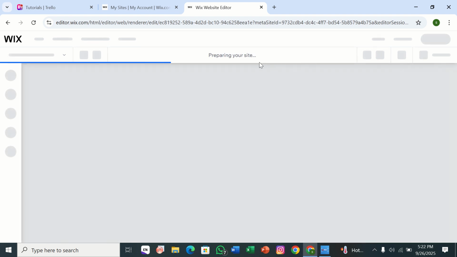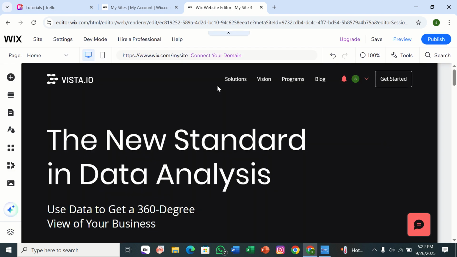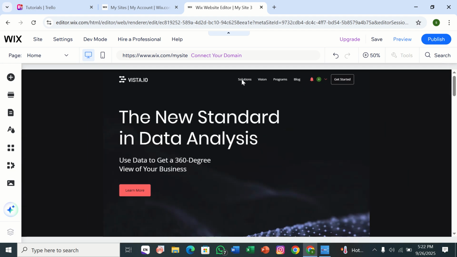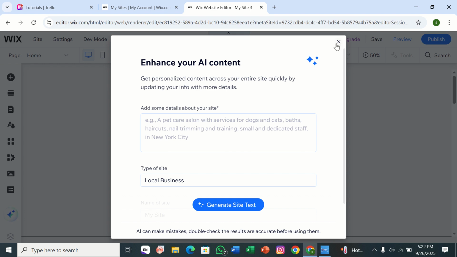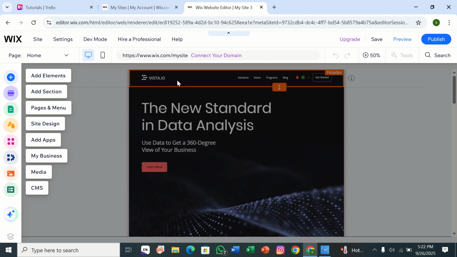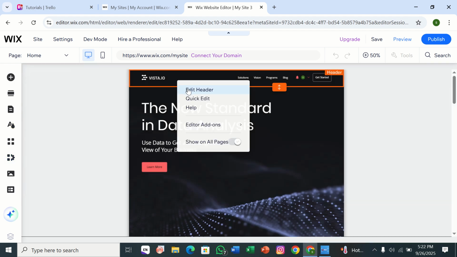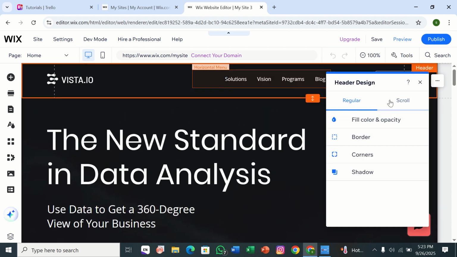There, you see it has prepared my site almost. You need to wait, and after that you're going to navigate to your Wix header. Let's just see. This is my Wix header. I'm going to click on this. You see, this is my Wix header. I'm going to click on this quick edit option right here, or you can also click on this edit header, and you see this is